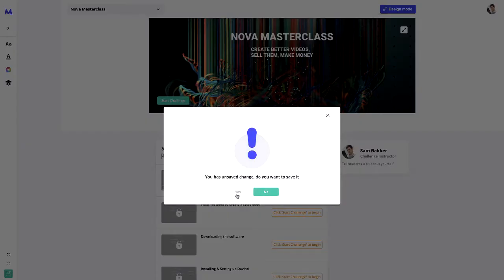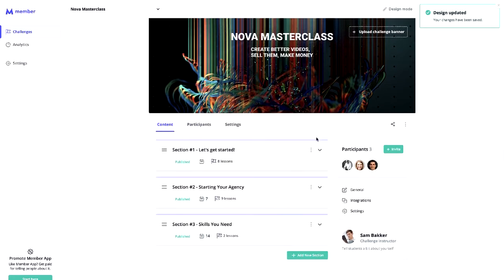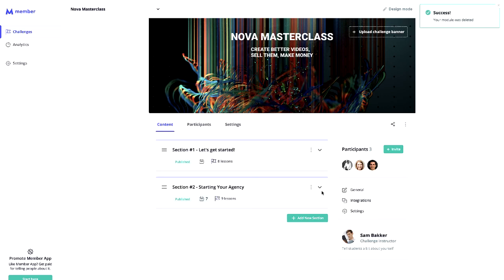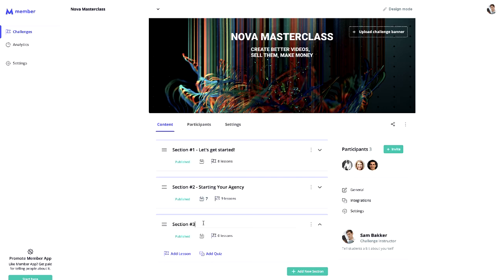Now, if we switch back to editing mode, then what you can see here is we have the ability to add sections within this here. I've got 3 sections right now. Let's delete this section. And let's now add that section again. So if we wanted to add a new section, this could be a week, it could be a module, whatever you want to call it. We'll just say section here, section number 3. Usually I'd call this probably week if it was a progressive challenge like we're doing right now, but we'll just say section 3 is